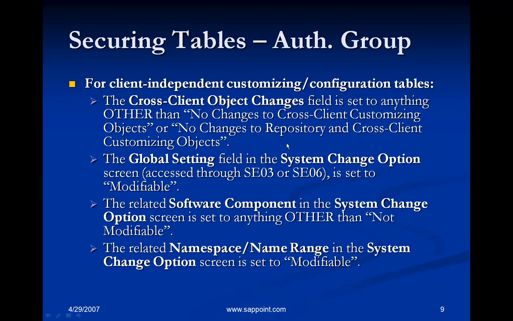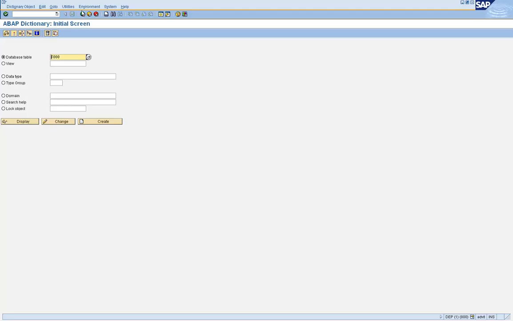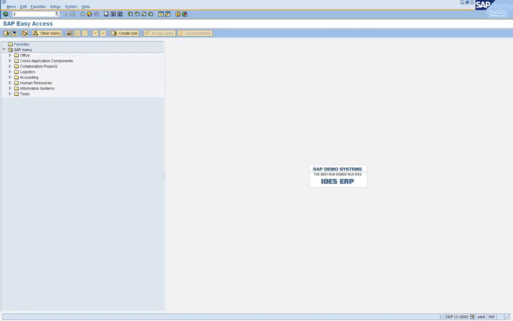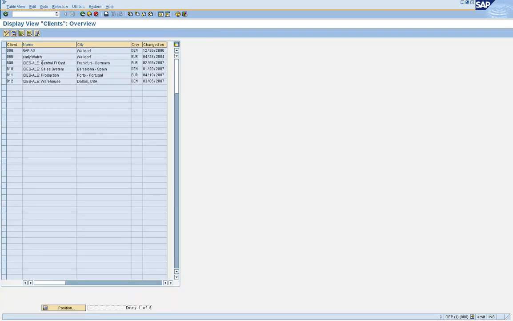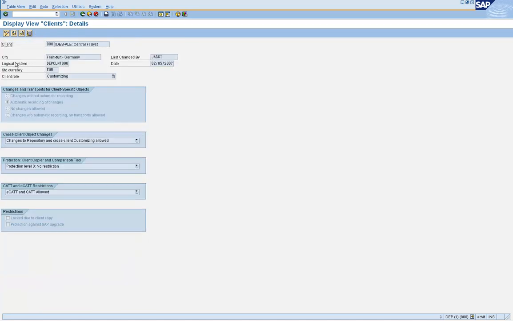So let us go to the transaction SCC4 and take a look at the settings. Let's go to client 800 and double click on it. Along with the other settings, these settings control whether you can make any changes to customizing data or configuration data for tables such as T000.